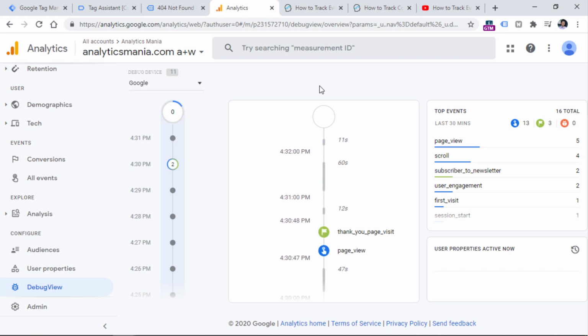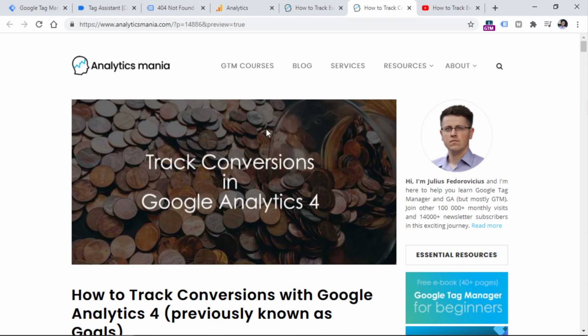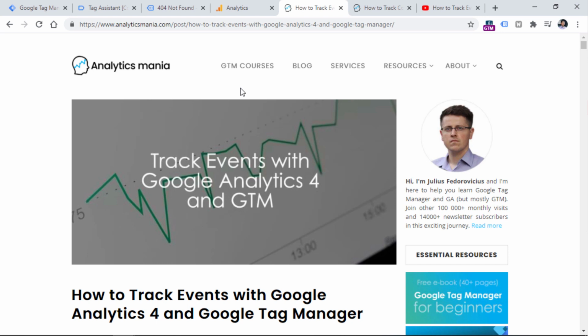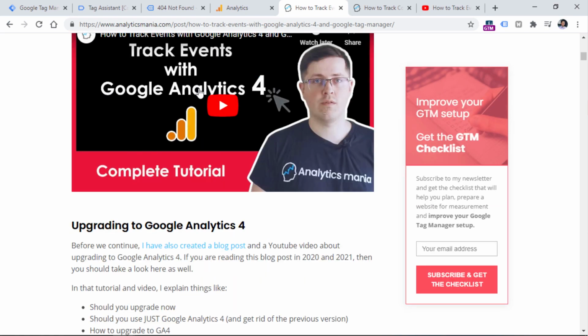If you want to learn more about where to find the conversion data in your GA4 reports, head over to my blog post about conversion tracking, and I will post the link below the video. Also, if you are new to event tracking and you still feel kind of confused about how to send those events in order to mark them as conversions, head over to another blog post of mine where I teach how to track events with Google Analytics 4 and Google Tag Manager. And also I have a very in-depth